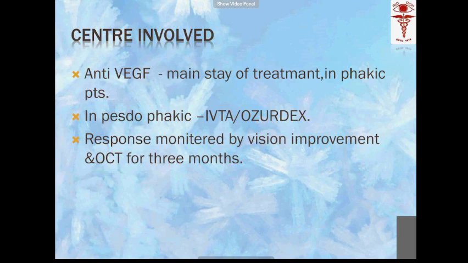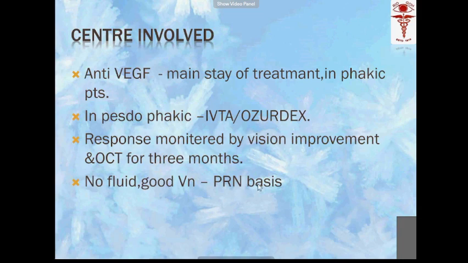So when the exudates are more towards the center which we saw, the main treatment is the anti-VEGF. So what are the drugs which we use is the bevacizumab and ranibizumab. So these are the drugs which we commonly use. We use intravitreally these drugs, at least 3 to 5 injections to treat the macular edema. Or else you can use intravitreal steroids like intravitreal triamcinolone or intravitreal dexamethasone. So the trade name for the intravitreal dexamethasone is Ozurdex. So you have to monitor the vision and you have to repeat the injection periodically on PRN basis.